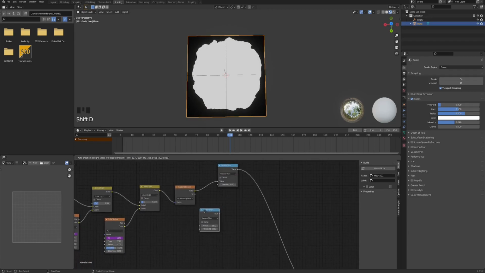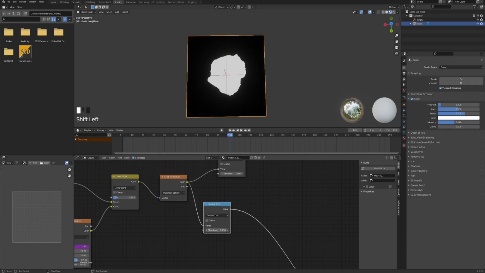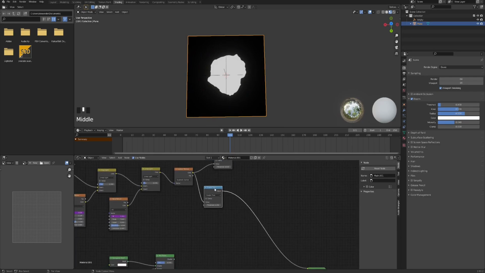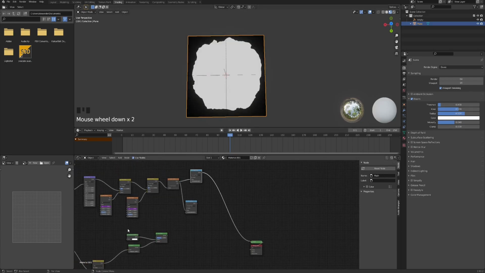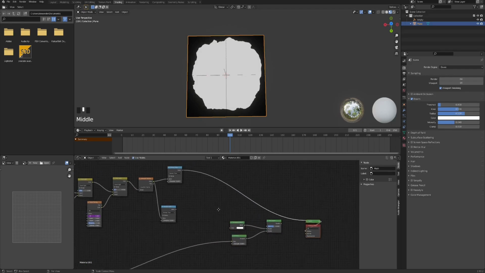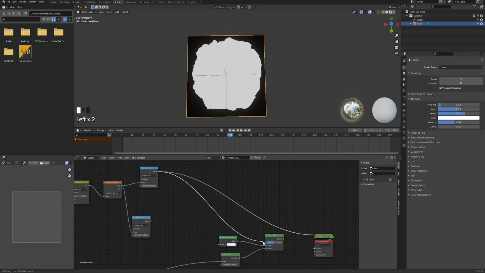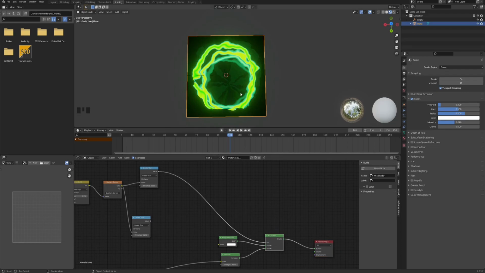And then let's copy this math node, plug it again, and this is gonna be our inner mask. So basically where you will see through into the portal. So let's keep it a little bit higher, maybe something like that. So we can actually already plug the bigger mask into our mix shader that we have right here. Let's organize it a little bit. So this bigger mask into the factor,